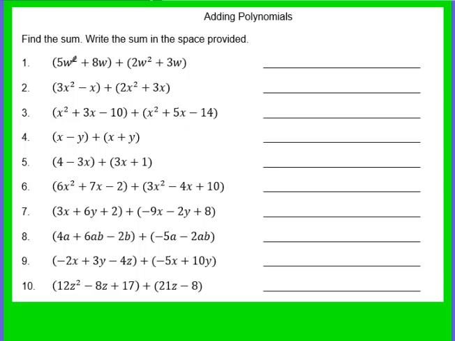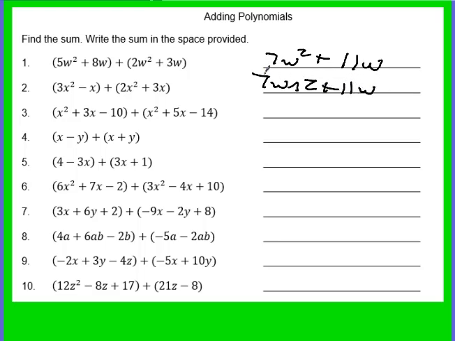So this one right here, we know we got 5w squared and we got another w squared, so you got 7w squared plus, and then 8w and 3w give you 11w. So the way that you would type that into the form would be 7w, then you would use that little up arrow thing, 2, and this up arrow thing is above the 6, so you do shift 6 to get to that, plus